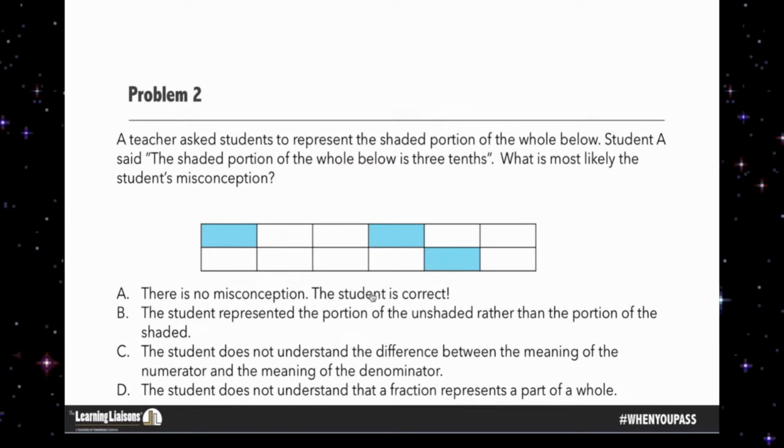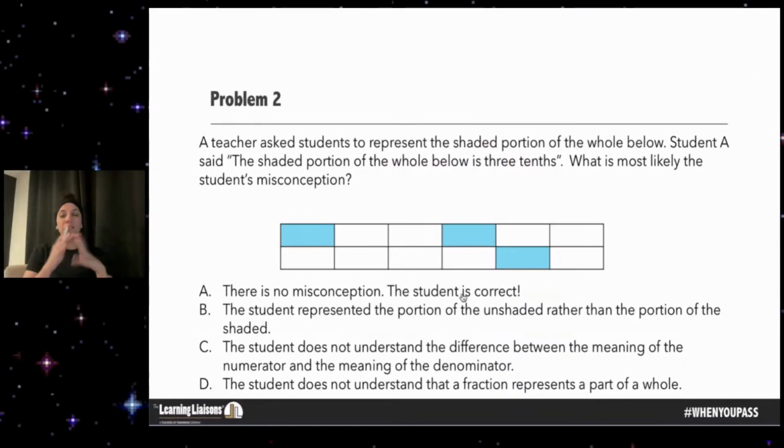Whenever we're doing error analysis, it is really important that we figure out what the actual answer is before we even look at the error analysis. At least that's the way that I like to do it. Because sometimes when we're super stressed in a testing environment, we're not thinking 100% clearly. We think that there might not be a misconception, or we think we know the answer, but we really didn't solve it. So I'm going to look at this and figure out, is the shaded portion